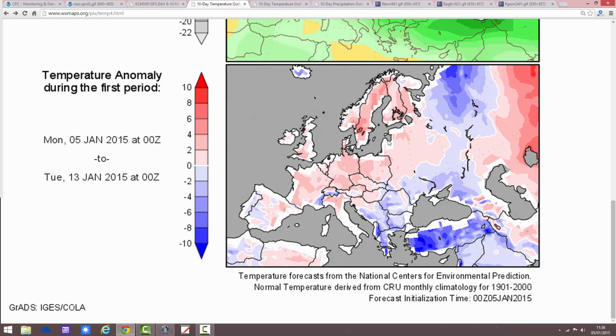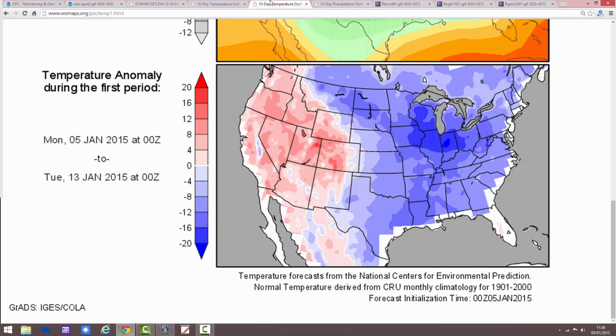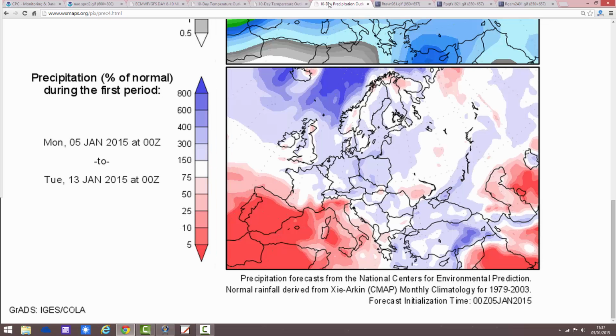As is most of Europe, it's a very mild scene across many parts of Europe during the coming week, although the east of Europe for a few days around the middle of the week can have a very cold spell. If you want to know more about that, have a look at the European outlook. But the anomaly for the week anyway is not particularly cold. It's turned very cold though in America. This is the temperature anomaly for the 5th to 13th of January for the United States. Really, really cold again. Central eastern parts of the states, warmer out in the west. So they're getting a cold plunge again in the states over the coming week.